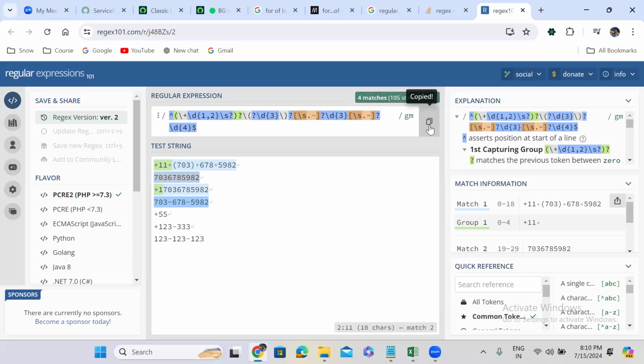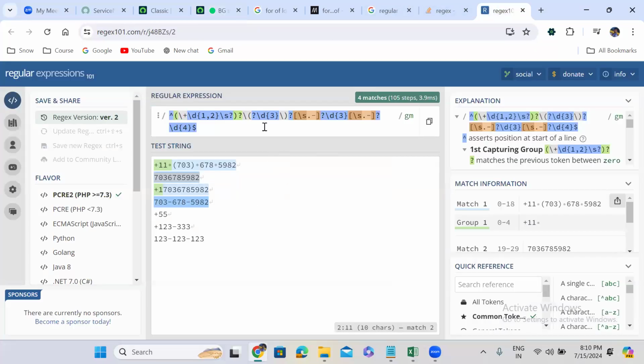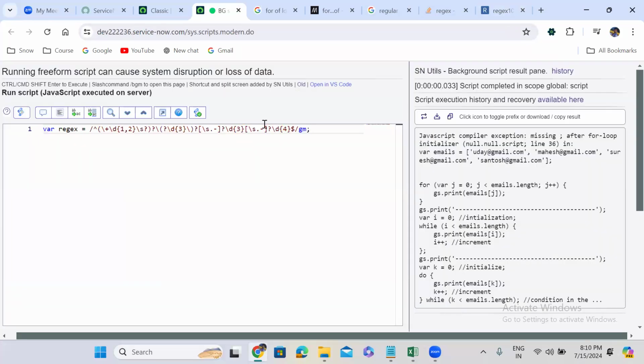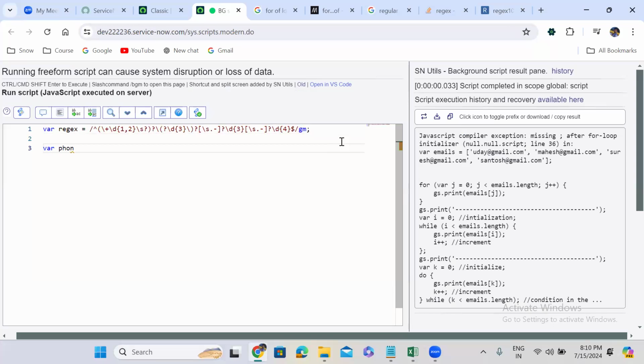You'll take this regular expression. var regex is equal to this. I've taken this regular expression, guys. This regular expression will validate the phone numbers. Then var phoneNumbers is equal to